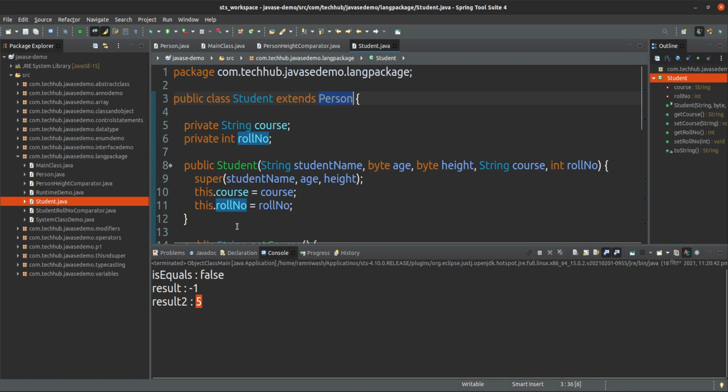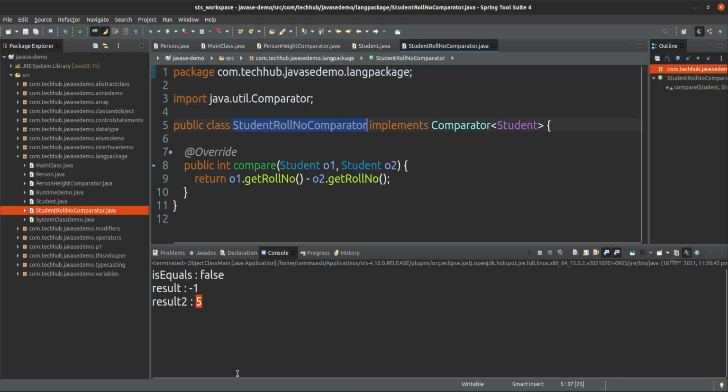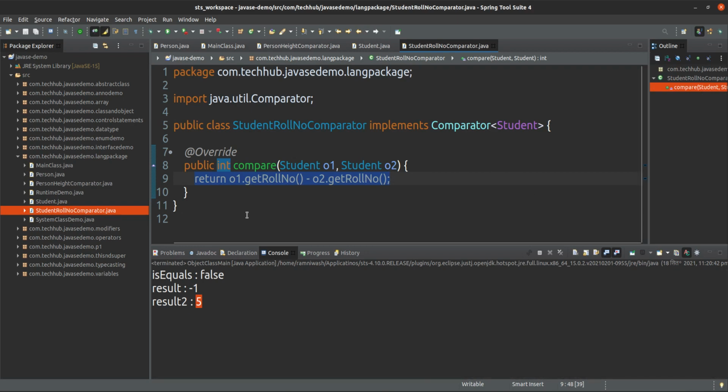I have extended person, that is okay, but I have not implemented any Comparable here. If I want to compare, I can give a student roll number comparator with generic type Student. Using the student roll number I can compare. I will create 2 student objects and compare them in the same way.